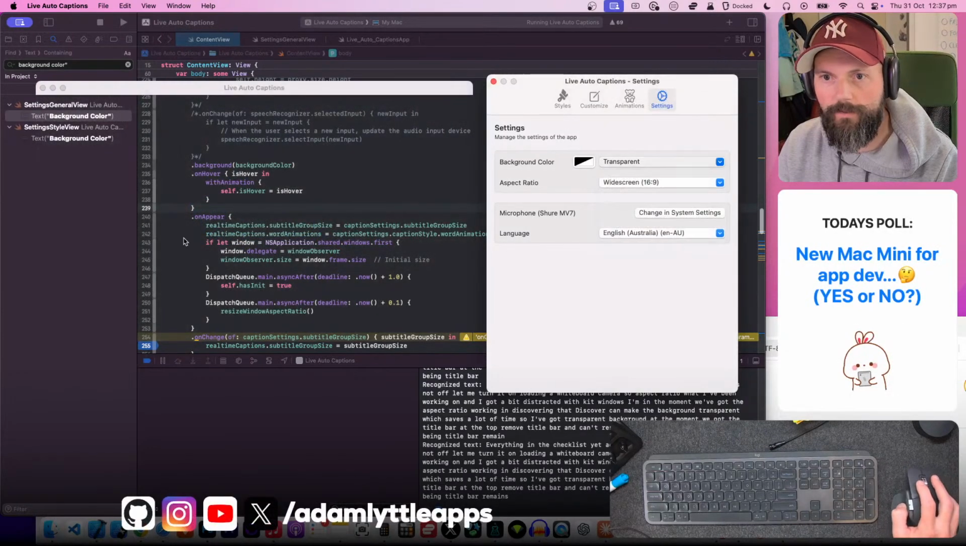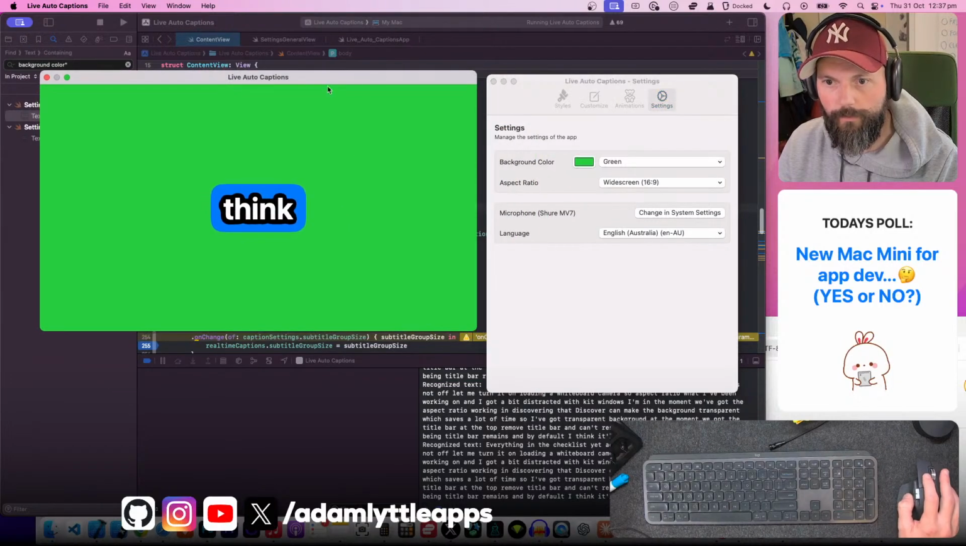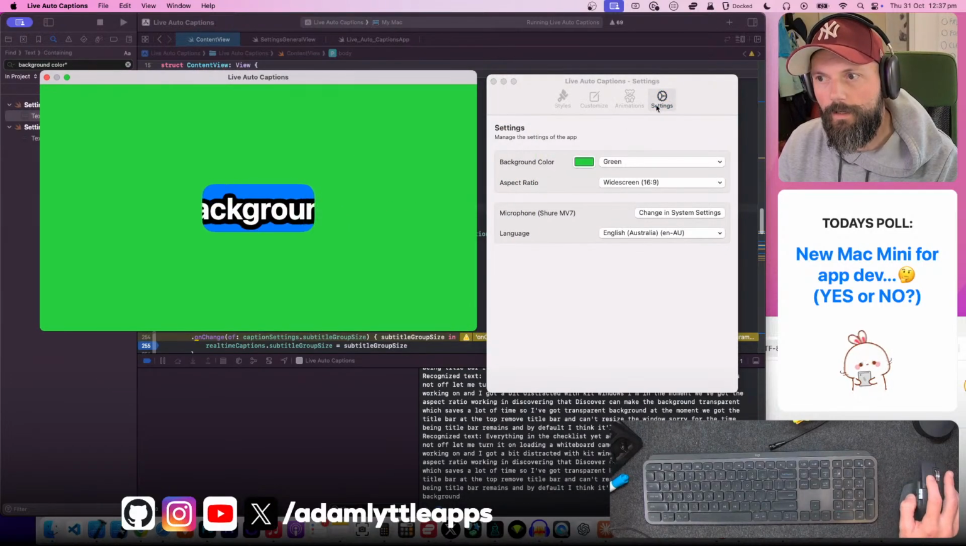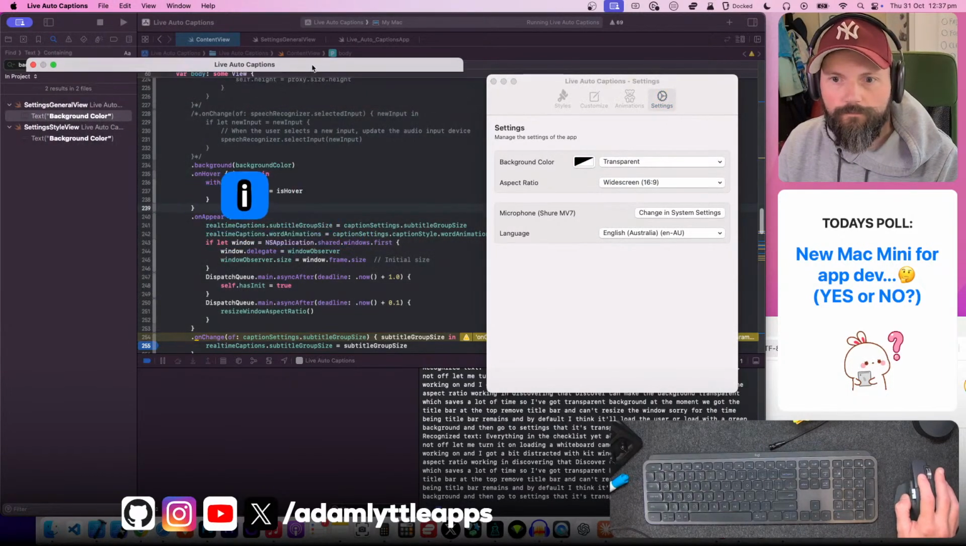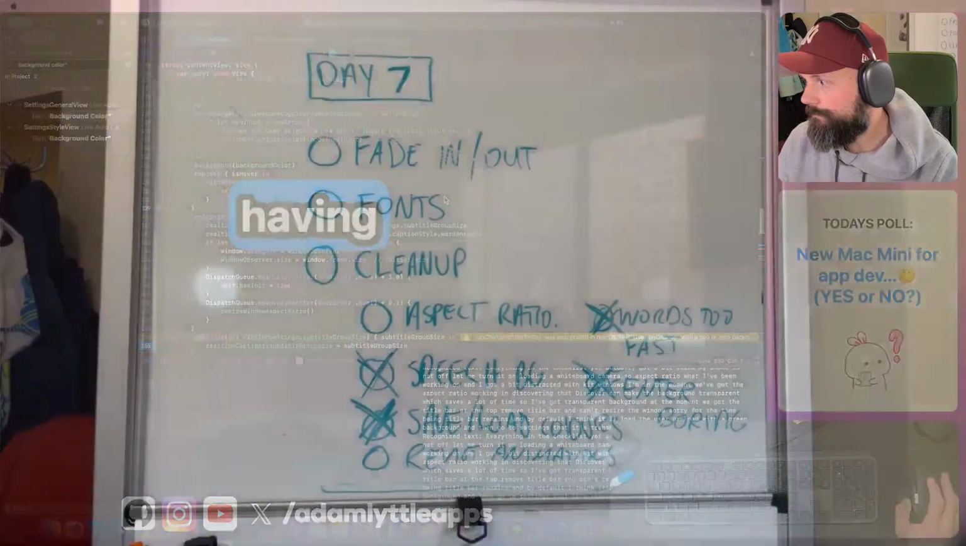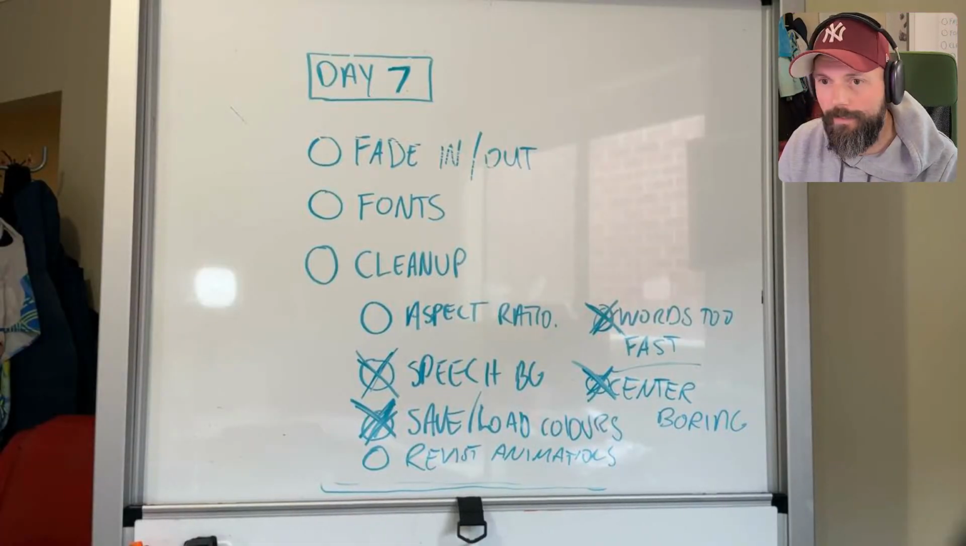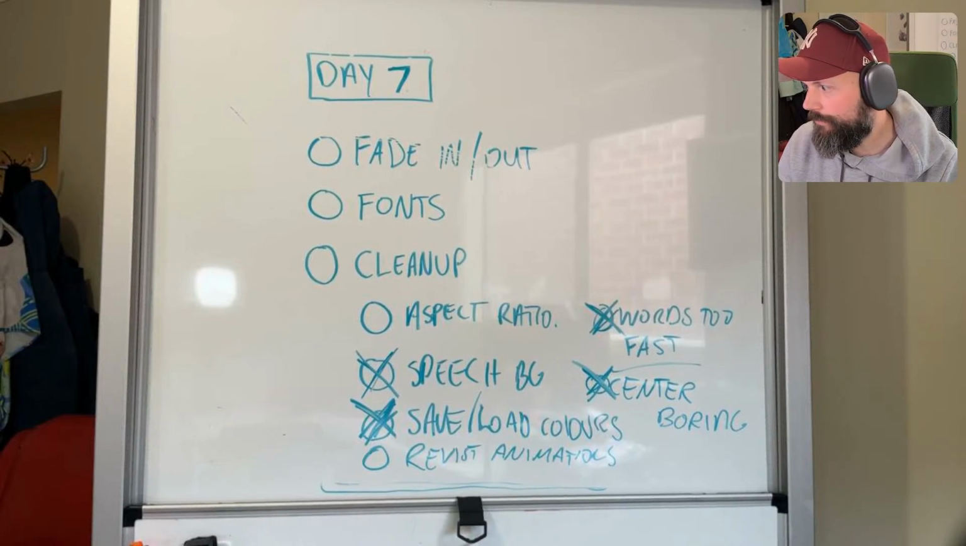And by default, I think the user will load with a green background, and then go to settings, set it to transparent. I don't know. But I think I can cross off the aspect ratio from the list. Let me just capture this. I go to